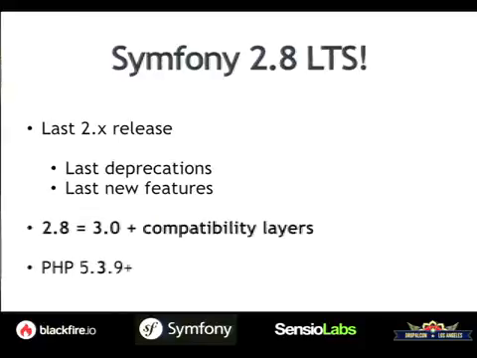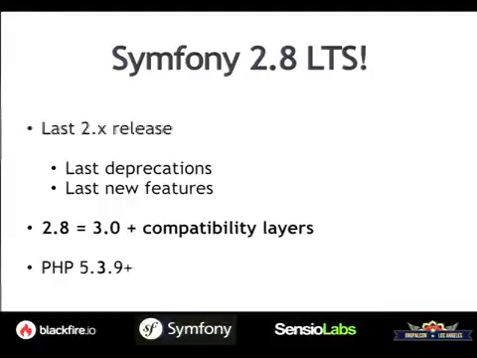But the thing is, if 2.7 is the last LTS release and 3.2 is the next one, you won't have a year to upgrade, but just 6 months. Just because of that, we decided to add another LTS release for Symfony 2, which is going to be 2.8. That's the first reason. The second one is, if we didn't have this 2.8 release, it would have meant that the 2.7 release was the last time where we would have been able to add new features. Remember, we do not add new features in 3.0, which means that from now to November, we would not have been able to add any new features. And that's a big problem. So that's also why we added 2.8.